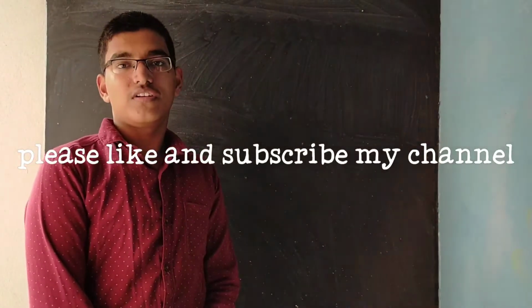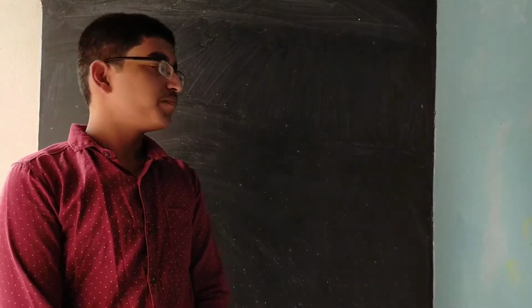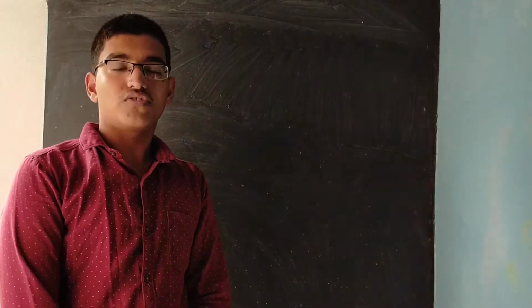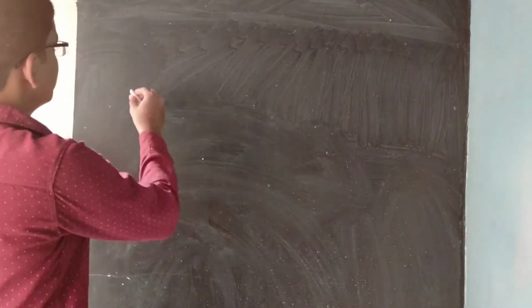So yesterday we learnt about Peripheral Kingdom examples. So today we will learn the Coelenterata, Ctenophora and Platyhelminthes phylums. In detail also I will try to explain. Okay. So let's begin the session.